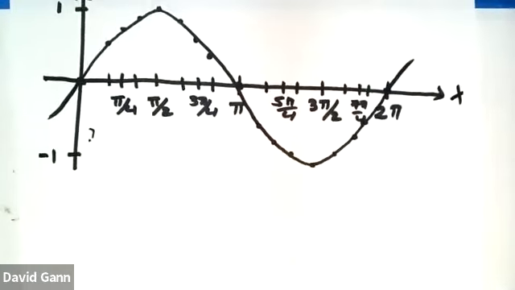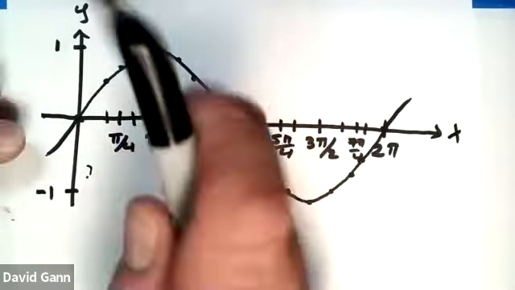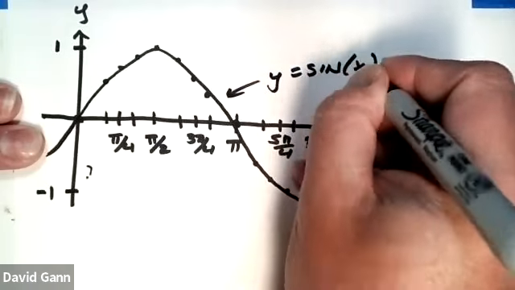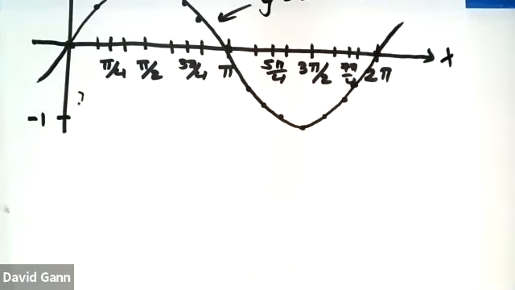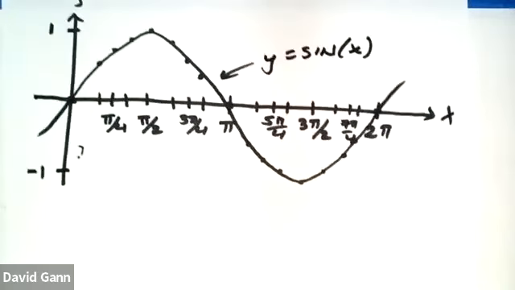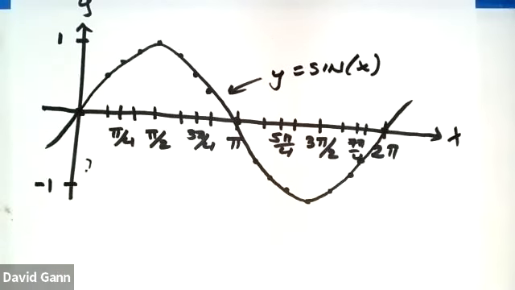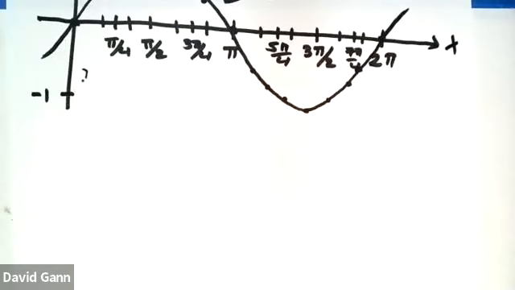Okay, so recall we had this graph of sine of x. So maybe I'll even label it. This is y equals sine of x. So like we did before, let's talk about what happens with cosine. Remember, the values of cosine are very, very similar to the values of sine, right? You have 1, 1/2, square root of 2 over 2, square root of 3 over 2, 0, negatives of all those values. So without actually going back to a point table, I'm just going to start plugging those